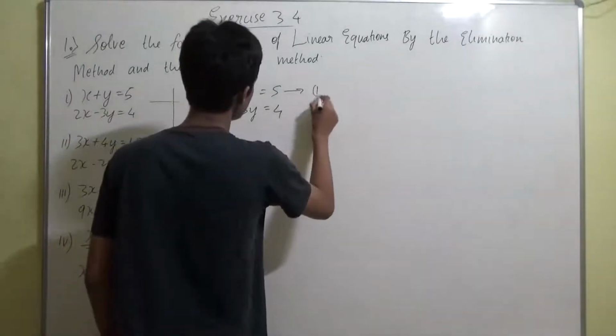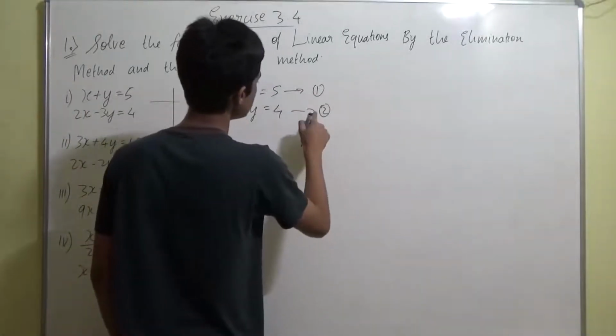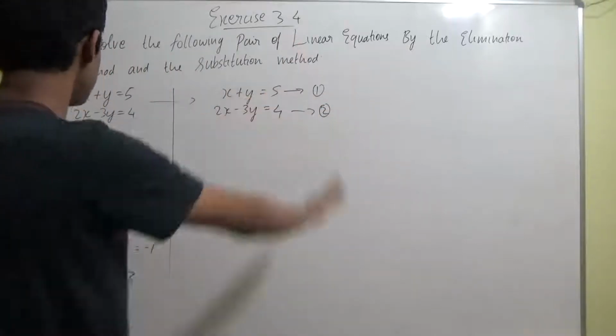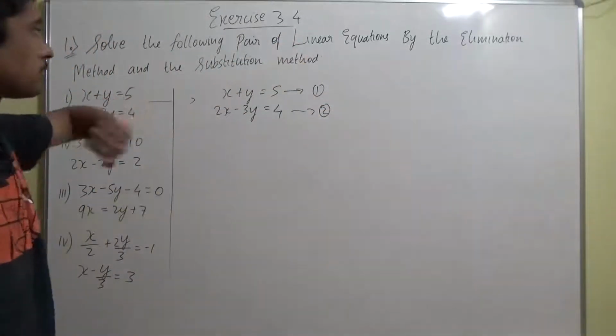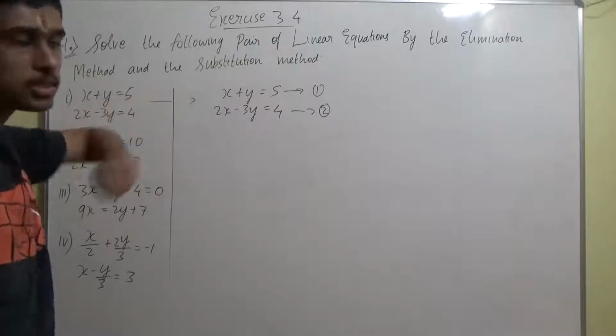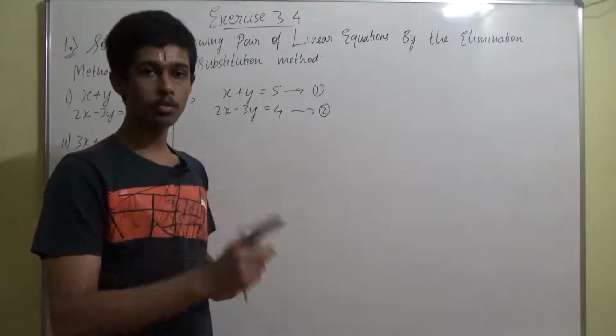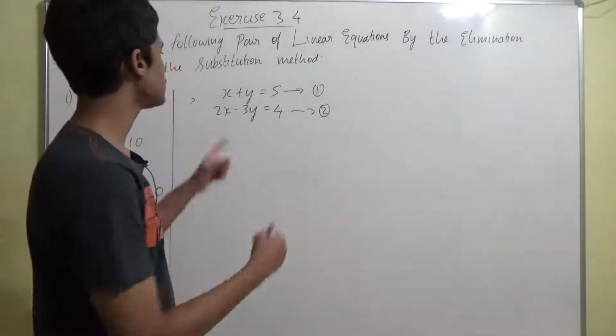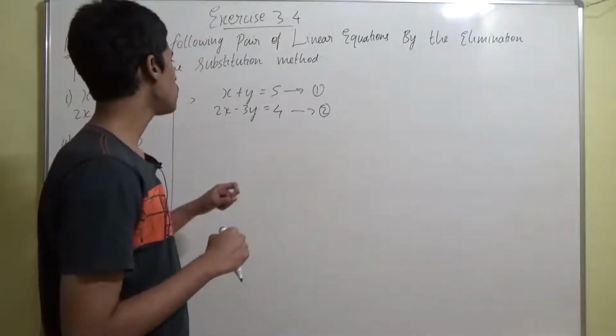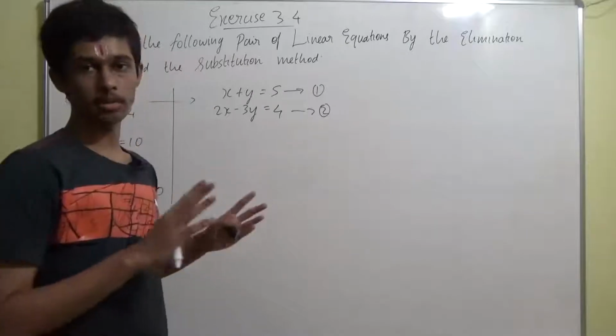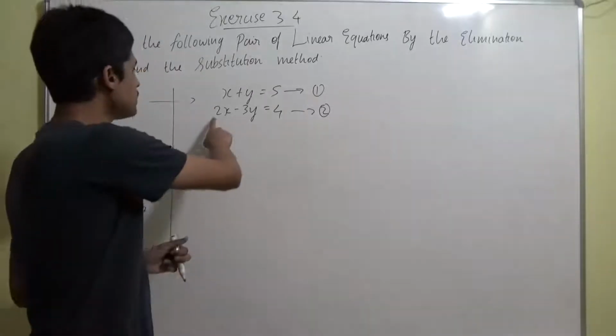Now first let's solve using the elimination method. Yes, first we'll use the elimination method because they have given us the elimination first and then the substitution method. So in elimination method you're going to eliminate one variable, right? So which variable should we eliminate? First let's decide that. I'll decide that we'll eliminate the x variable first, because here it is only 2, right?